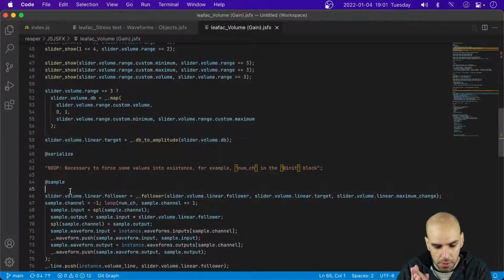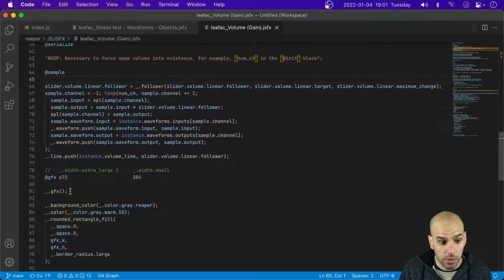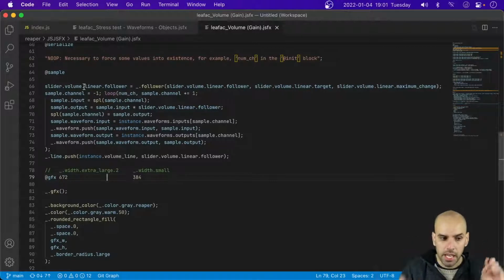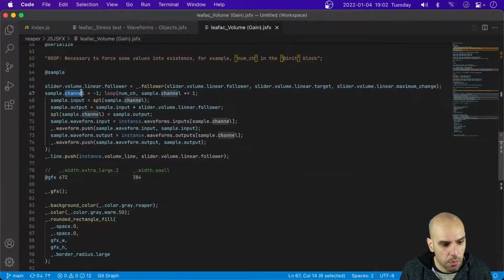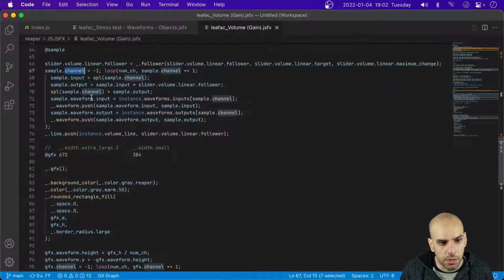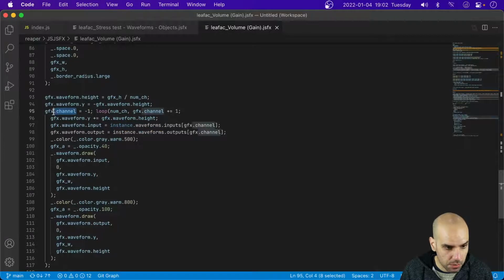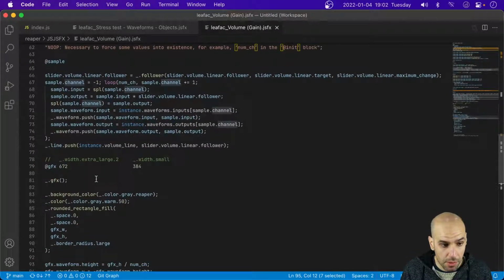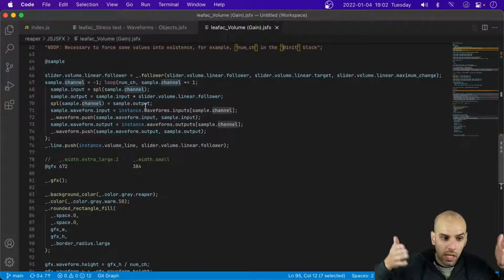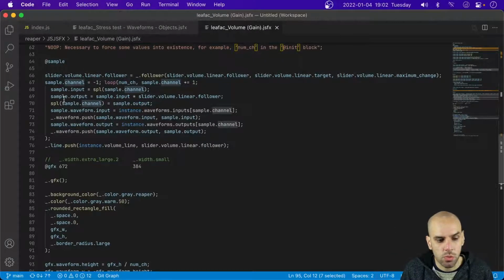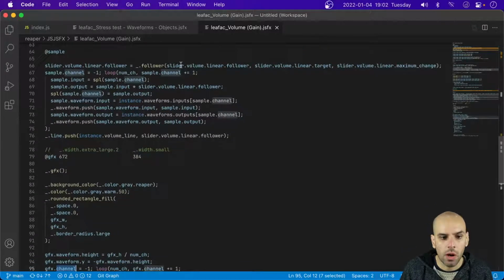And the reason why I established this naming convention was so that blocks of code that run at the same time, like the sample block and the GFX block, can have variables with the same name, but they're going to be under different namespaces. And that's important because I do looping over the channel over here on the sample block, but I also do looping over the channels in the GFX block. And if the name of the variable is the same, the variable is shared between the two blocks, but they're running at the same time. So you run into issues where the variables start stepping on one another, go out of range,